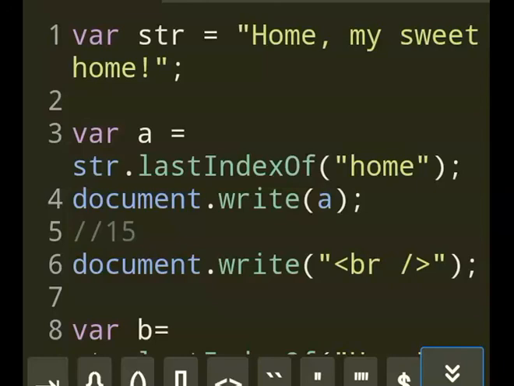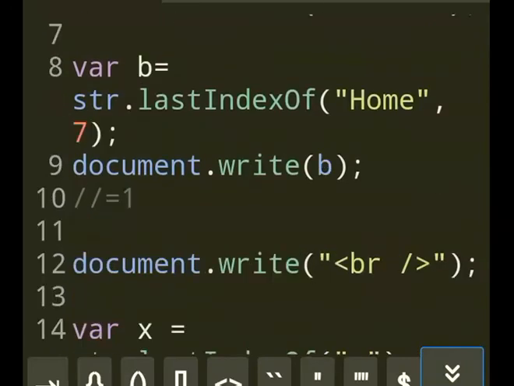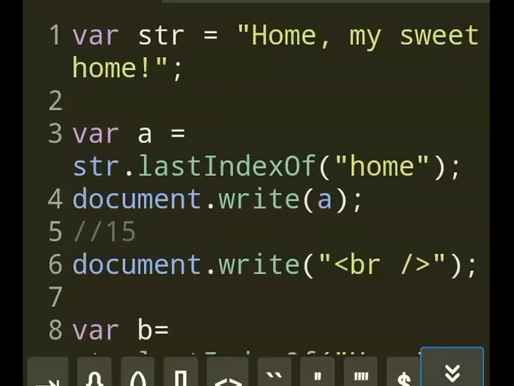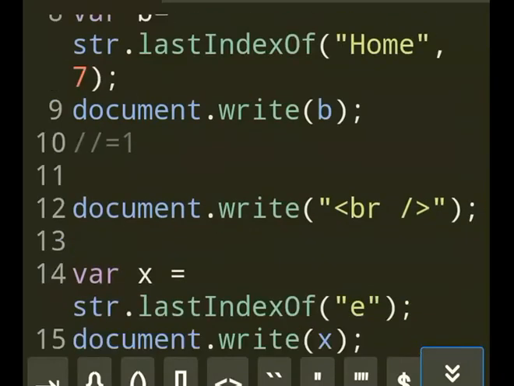So position 9 will be S, space 8, Y 7, M 6, space 5, comma 4, E 3, M 2, O 1, H 0. I'm sorry, I made a mistake because I need to reach E, not the word home. So let's do it again.